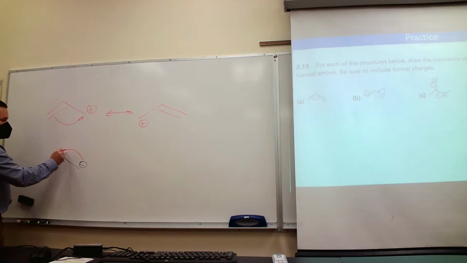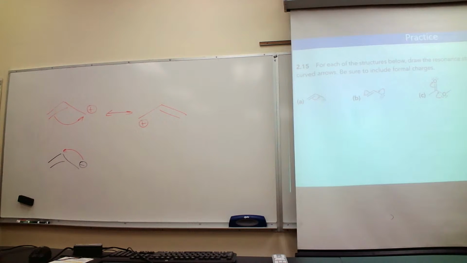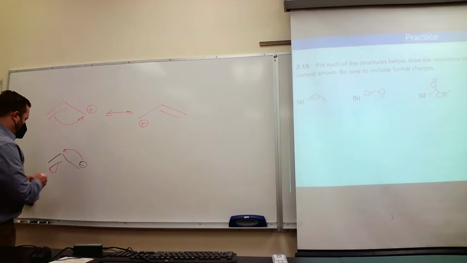So you can only move 1 bond at a time. You can't just leave it like that because that would give this carbon too many bonds, right? This carbon already had a full valence. So we need to make room for it by moving that pi bond over. So the net result